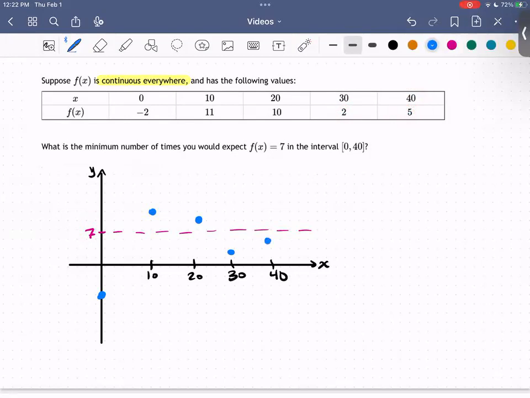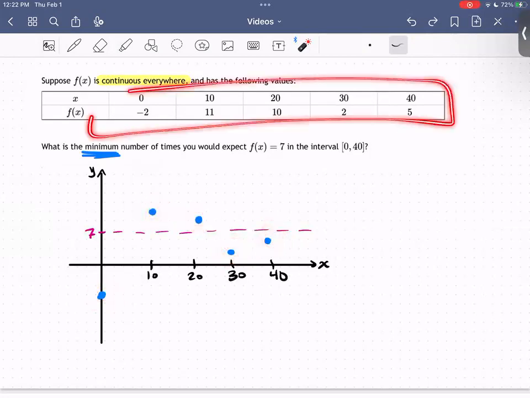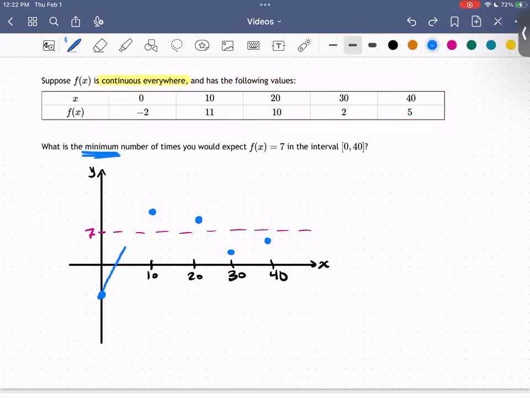Okay. Now, the question is, what's the minimum number of times that f of x might equal this height of 7? Well, we know that it has to go through each of these points, because we're told that those are some of the function values. So it could be that the function, I just connect the dots, maybe looks like this. Okay. Now, that would tell me that this function crosses the height of